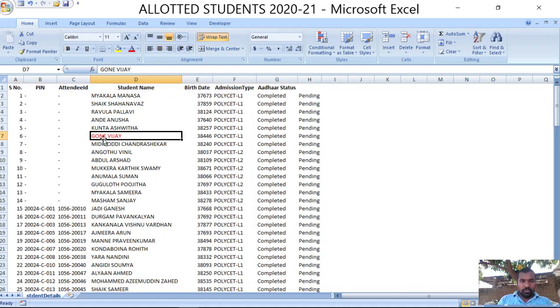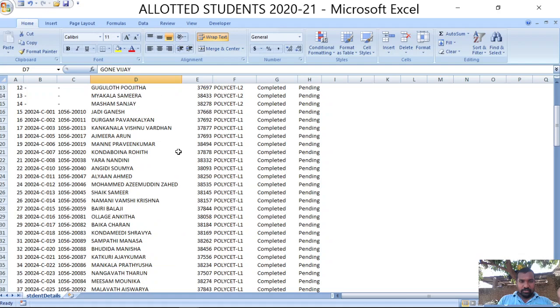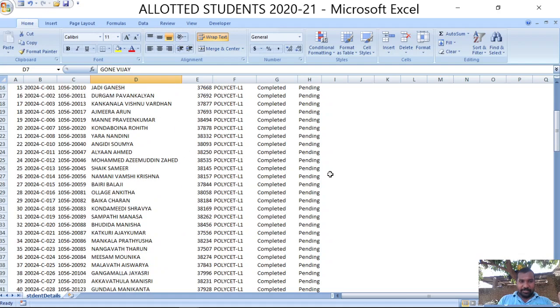If I scroll down, the headings disappear. As I have some knowledge of pin numbers, I can say that this is a pin number, this is an attendance ID, this is the name and date of birth, and so on. If you are seeing this file for the first time, you don't know what these are, even though you know your pin number and name.